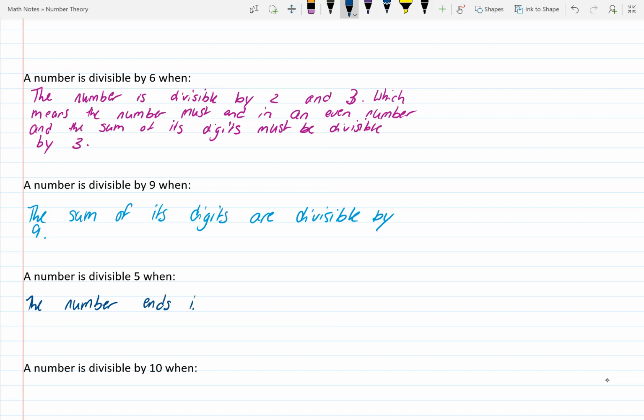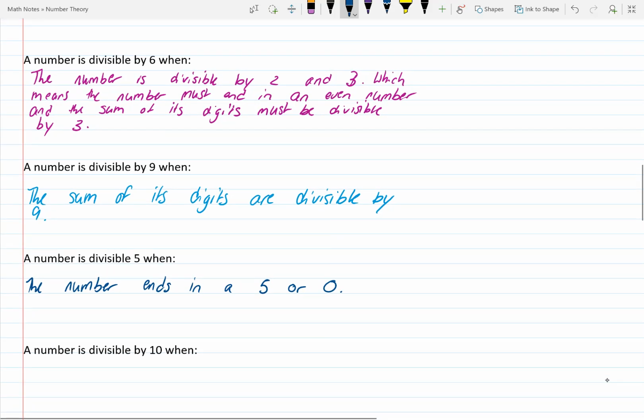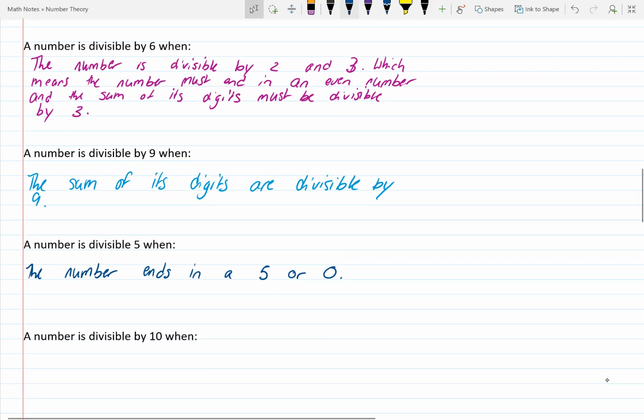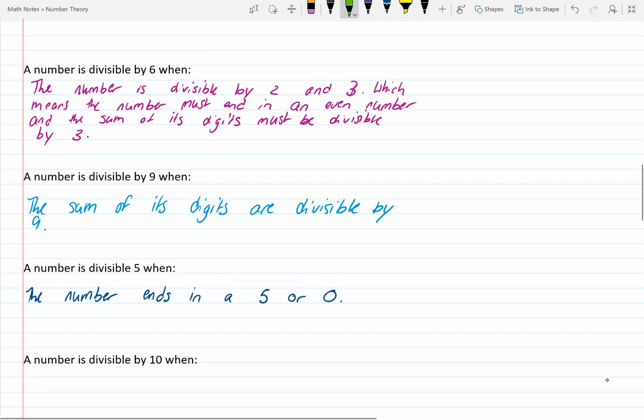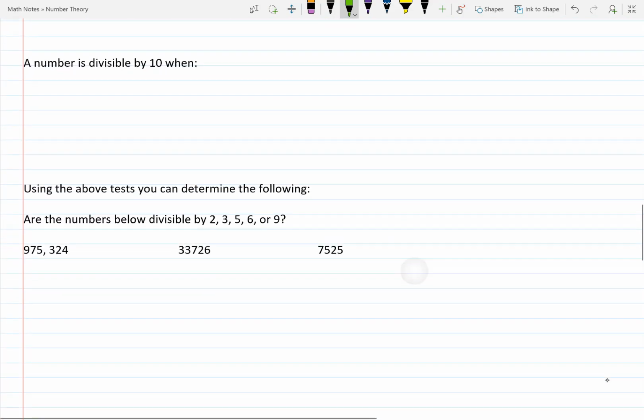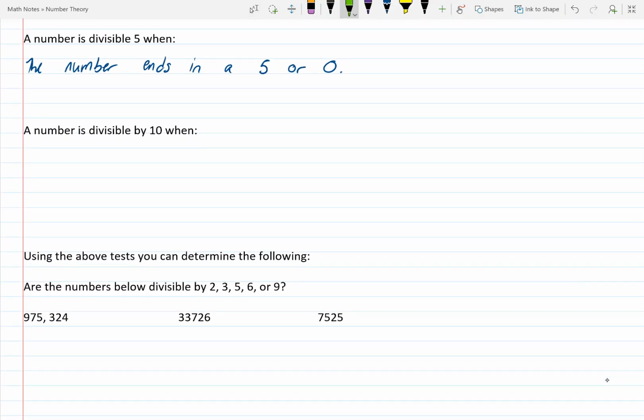And finally, our last rule, how can we determine whether or not a number is divisible by 10? Well, a number is divisible by 10 when the number ends in 0. So just to review, our divisibility rules are: a number is divisible by 2 when the number